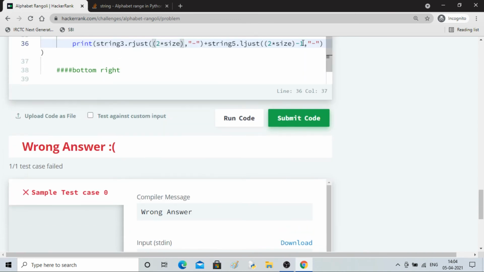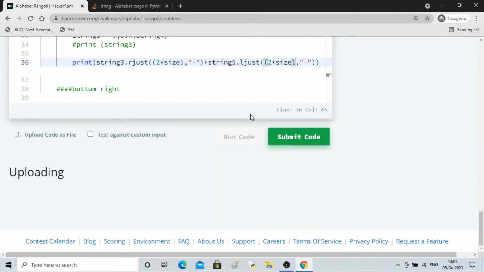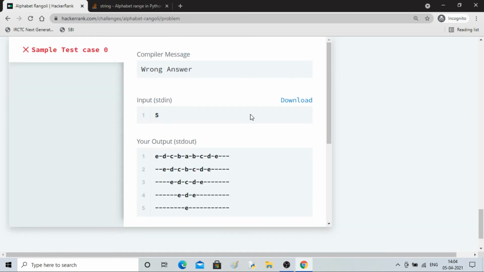Similarly, this size has to be removed. There is some extra thing right here. These three guys we don't want.